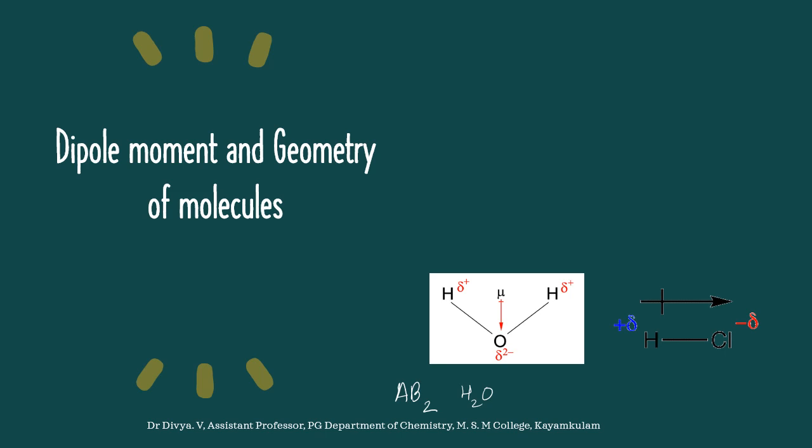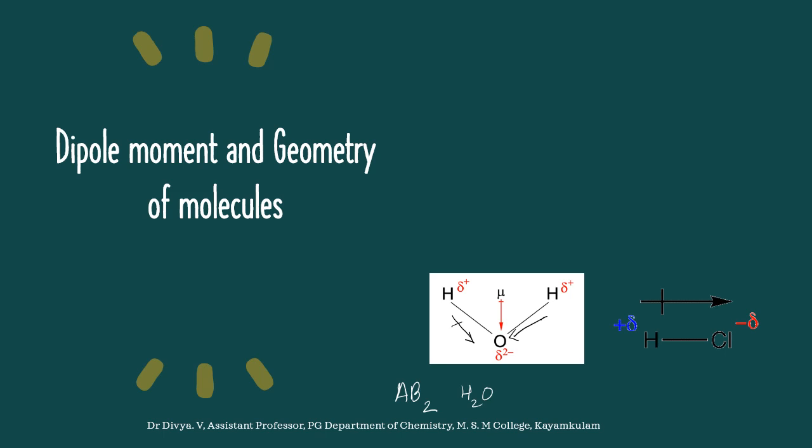This oxygen attracts the shared pair of electrons towards itself, and therefore this hydrogen gets a partial positive and oxygen gets a partial negative. Here also such shifting occurs, and hydrogen gets a partial positive charge and oxygen gets a partial negative charge. But since the shape of this water molecule is V-shaped,